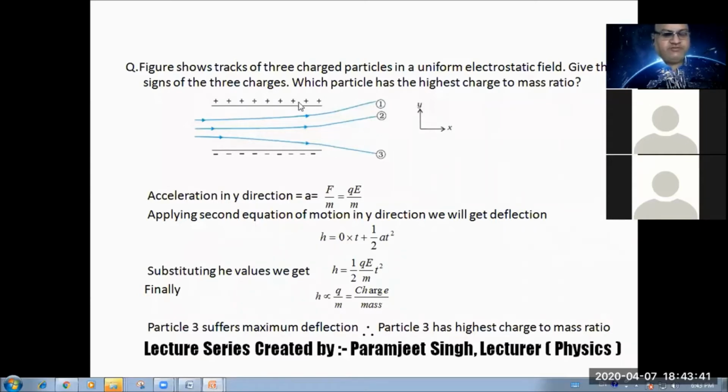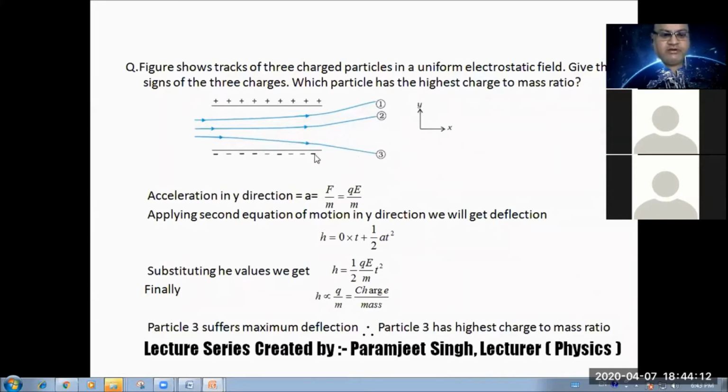This is the positive charged plate, this is the negative charged plate, and three charged particles are projected in this field. After traveling some distance, they start deviating from their path. One is deviating in this direction. Second is also deviating in the direction of one. But the third particle is deviating towards the